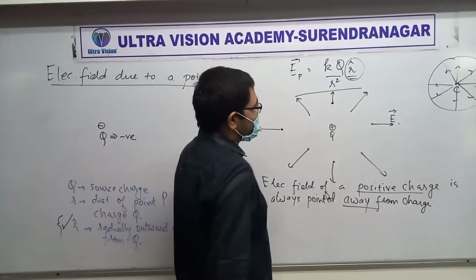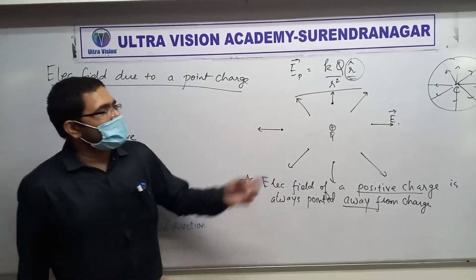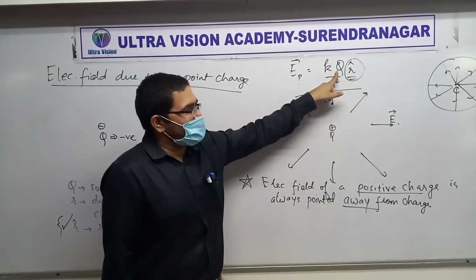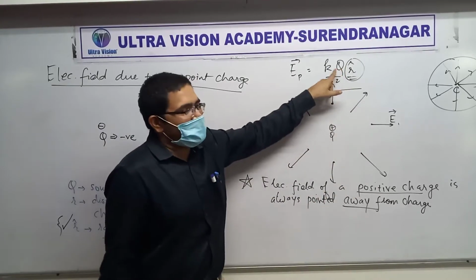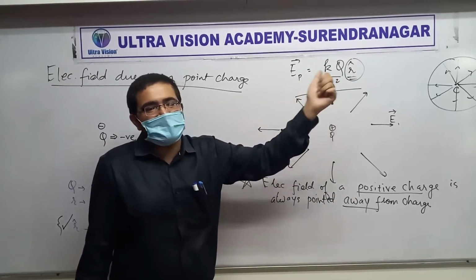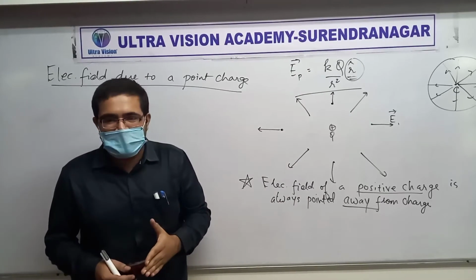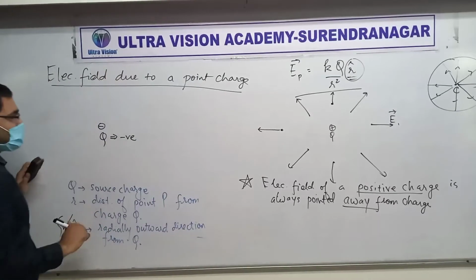Go to the formula first. The formula will not change. The direction gets reversed. Because q is positive, this is r hat, that is radially outward. If q is negative, because of that minus sign, it will not be radially outward, it will be radially inward. Is that clear? That was math. I can also prove it using very simple physics.